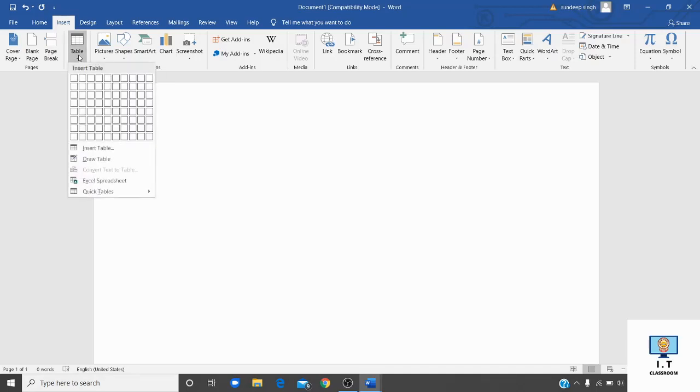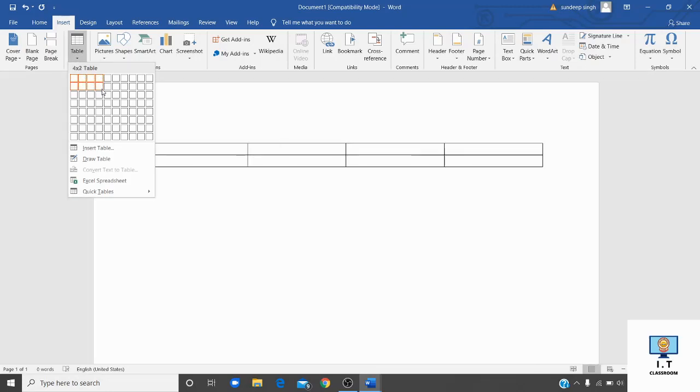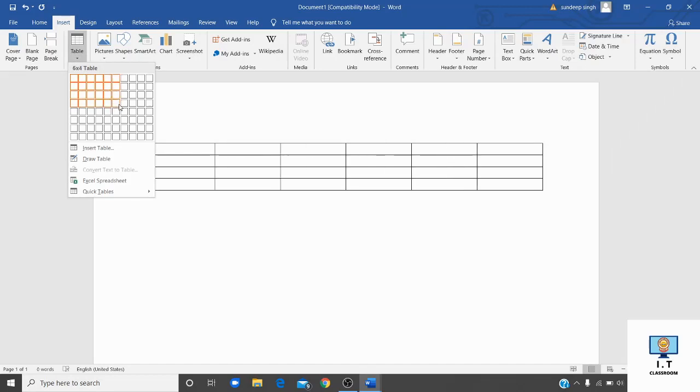It will show you a grid of rows and columns. From the box, you have to select how many rows and columns you want to enter, like this.